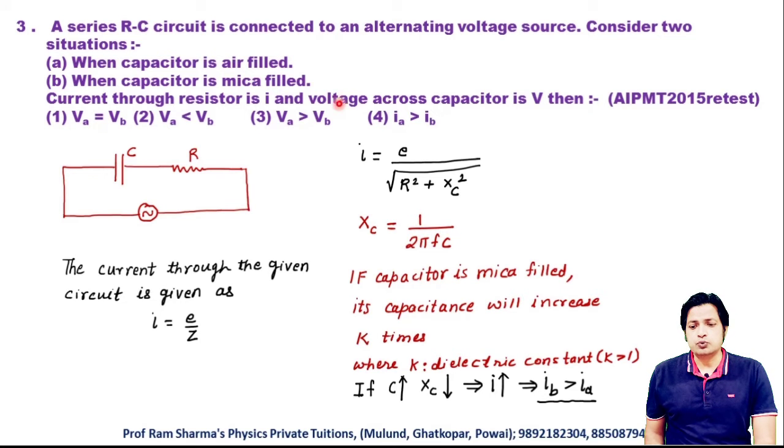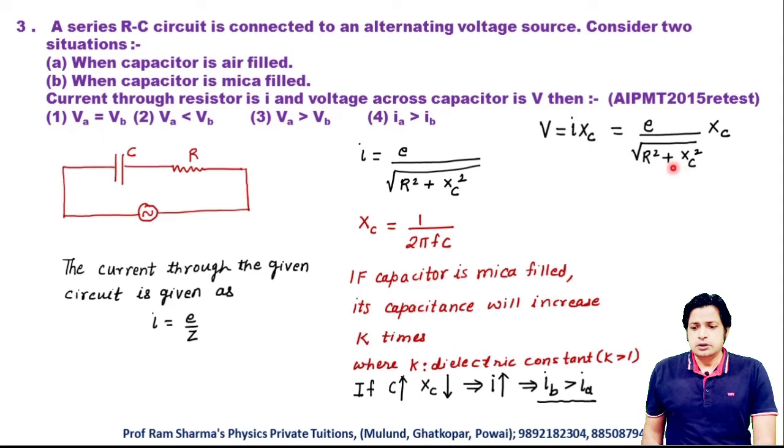So now we will talk about the voltage across the capacitor. The voltage across the capacitor is nothing but current times Xc, the opposition of the capacitor. So I can say V is equal to I Xc, right? And we know I can be written as E by root of R square plus Xc square. Now let us think what is going to happen. When capacitance increases, Xc will decrease. But there is Xc in the numerator and also in the denominator, so I will definitely have difficulty judging what is going to happen.